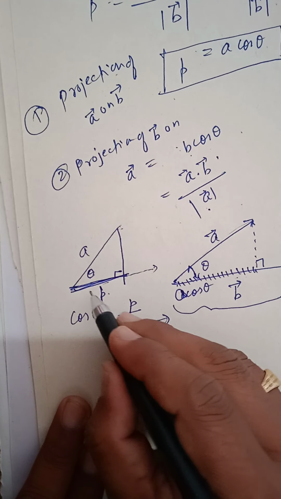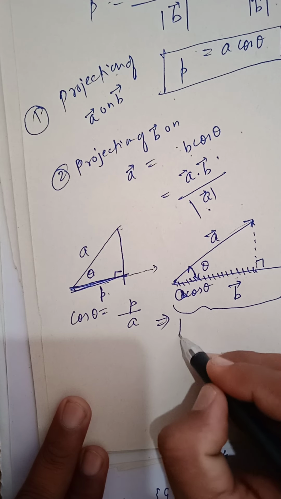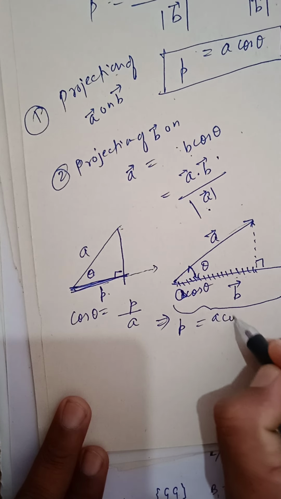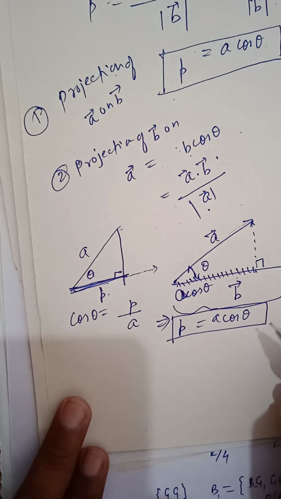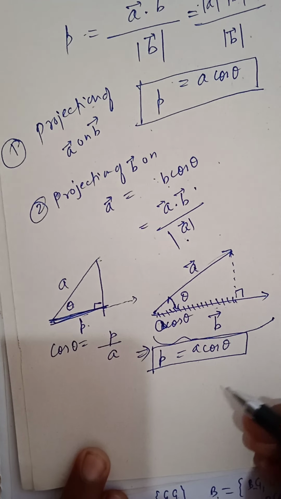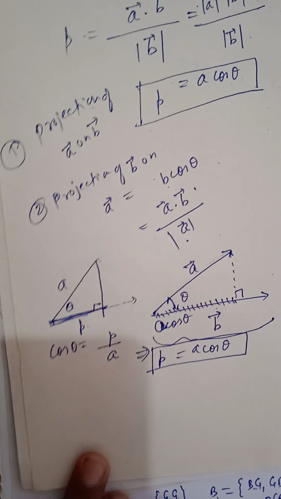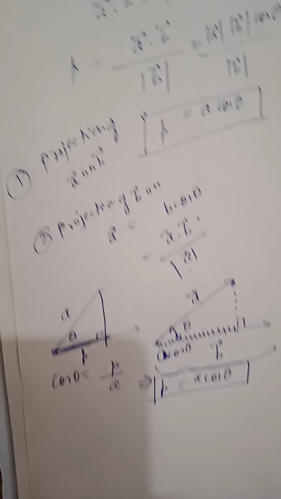So this p, which is the projection of vector A on vector B, is equal to A cos theta. So like this you can always calculate the projection. This is the basic geometrical interpretation, and you can easily find it out. Based on this, one question we can take: